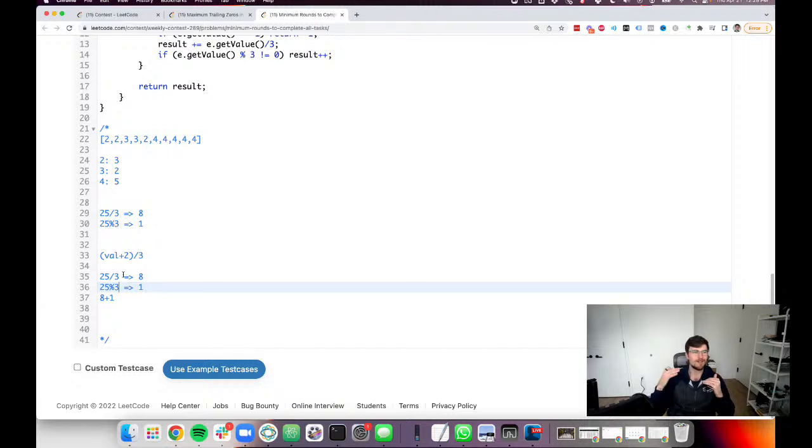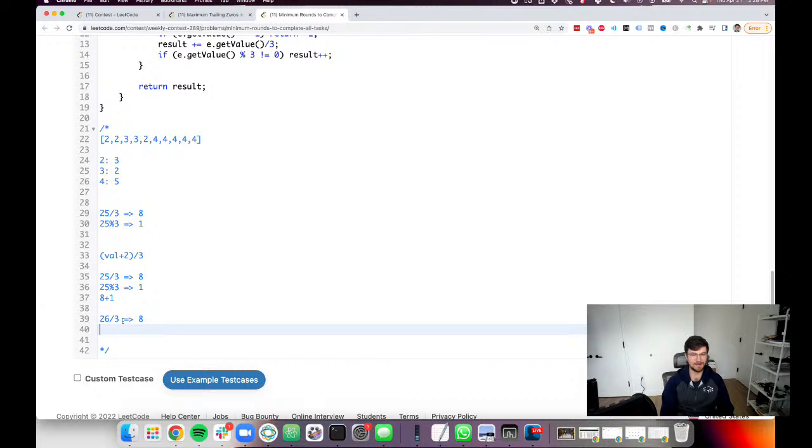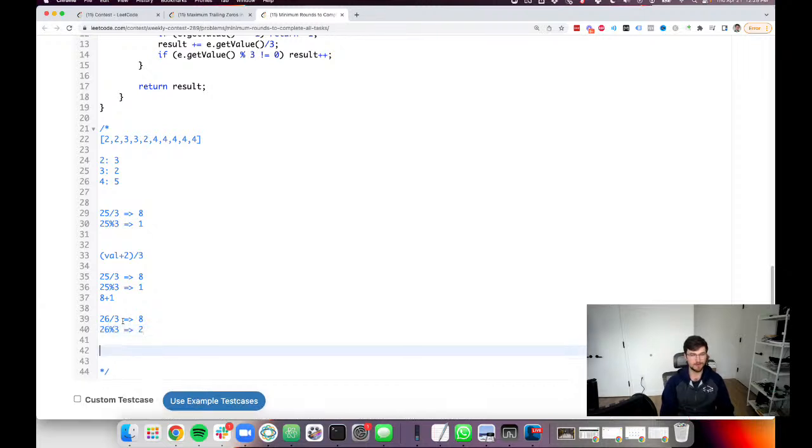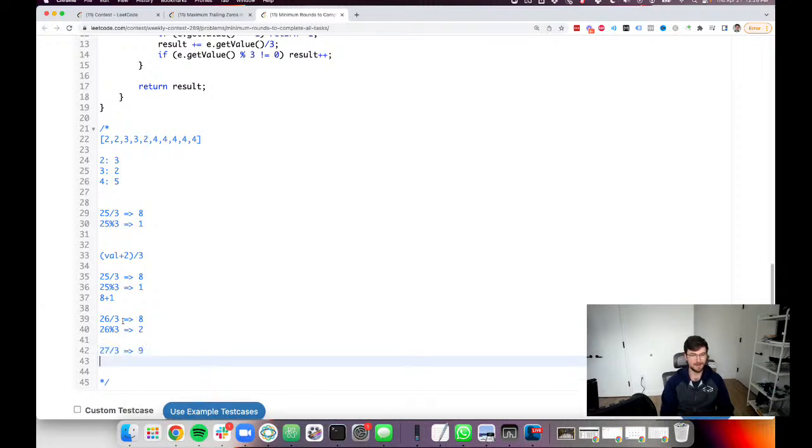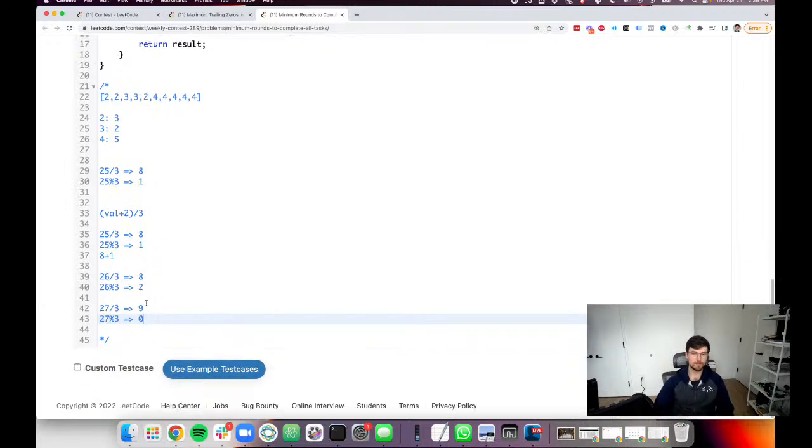I don't know a good way to explain this exactly. Again, I think examples are the easiest. If we look at 26 divided by 3, that becomes 8 again, and 26 mod 3 becomes 2. Now if we have 27 divided by 3, that becomes 9, and 27 mod 3 equals 0. And so essentially, when we shift up by 2 like that, we increase it by 2,